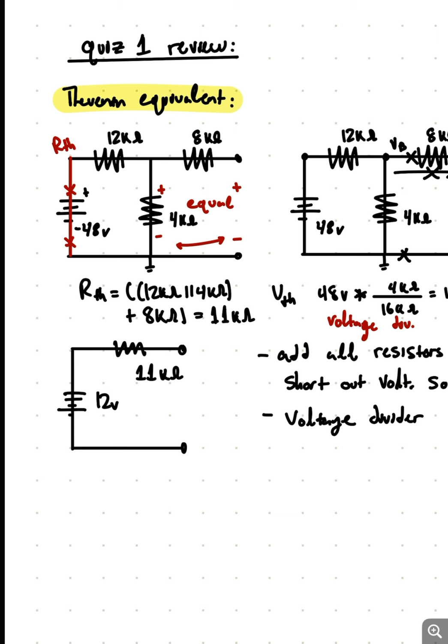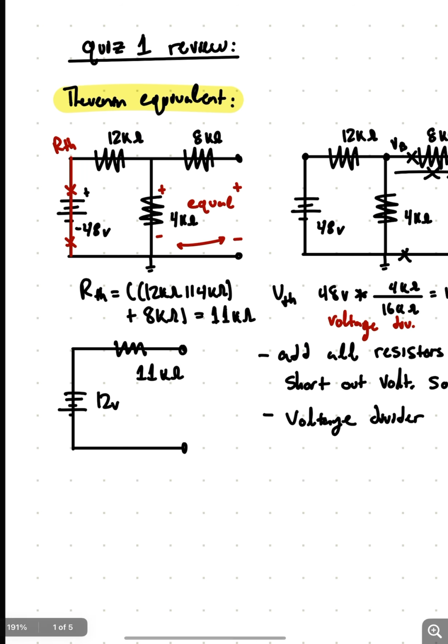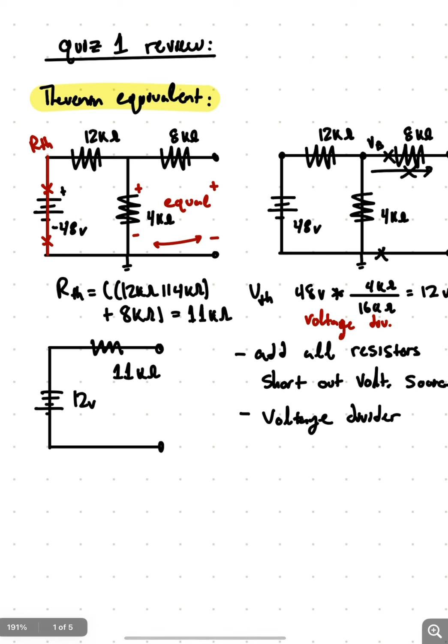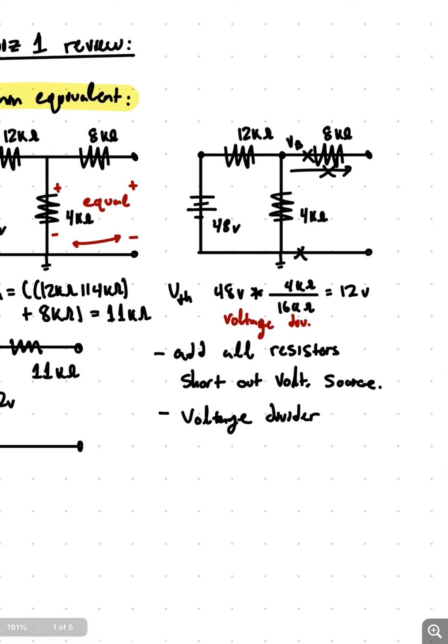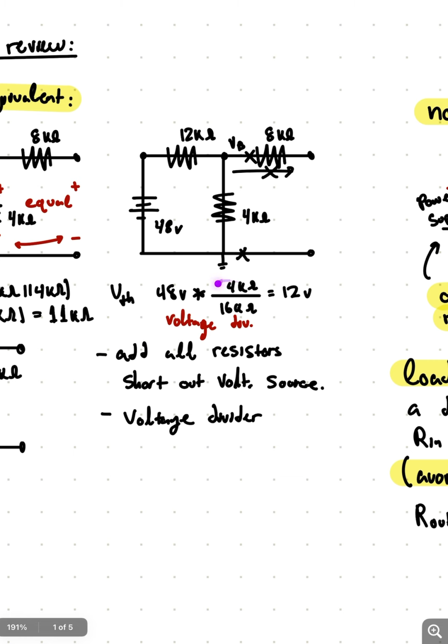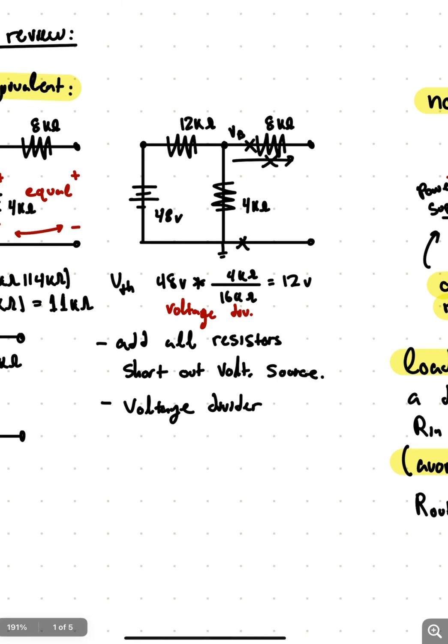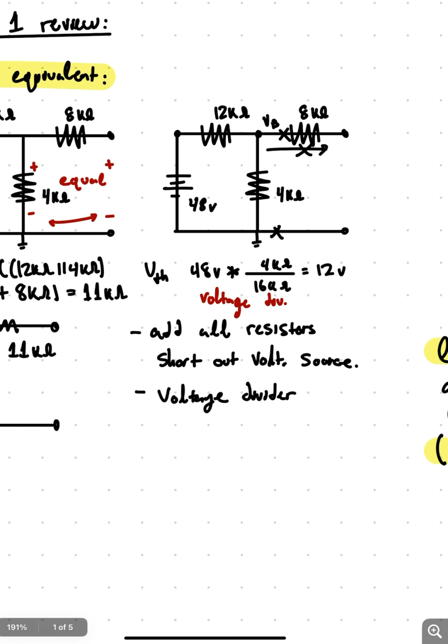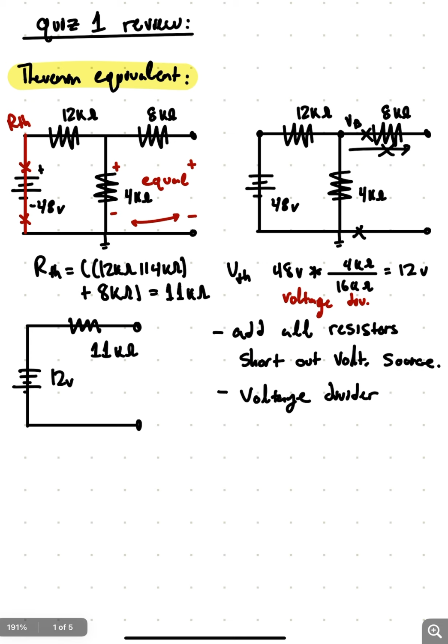and that's because the 4K ohm resistor, this terminal has the same voltage as this, and for your Thevenin equivalent, you're always going to want your V Thevenin to be what comes out of your circuit. So keep that in mind. I know that it can be a little bit confusing, but just remember that you get your voltage source, and then your V Thevenin is going to be whatever you get out of it. And so we do the little multiplication here, and these two are in series, which should be pretty obvious. We get 12 volts,